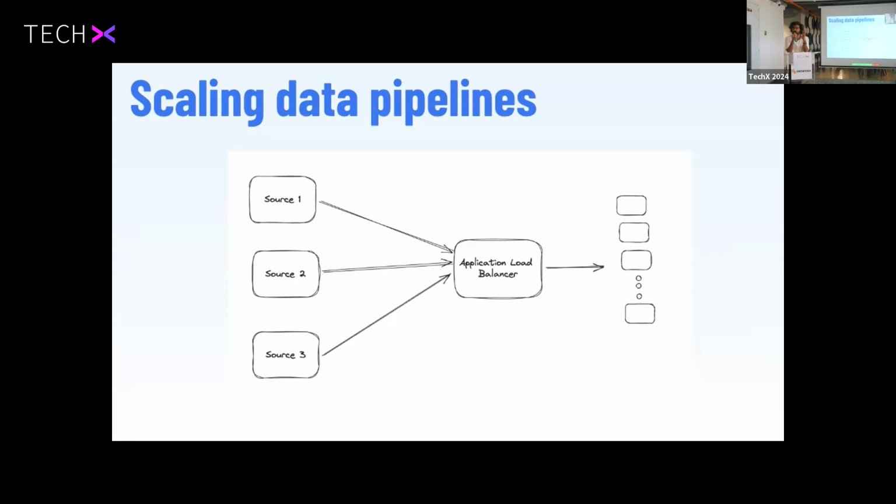Does anybody know what geospatial data pipelines mean? Has anybody heard the term geospatial? Okay, no. So what the previous speaker was talking about was geospatial, when the person was talking about polygons being rendered onto the map, right? When you open Google Maps, you're interacting with geospatial data. Geo means geography, spatial means you're rendering something in that geography. So it also changes with time. Let's say, for example, traffic changes with time, and that traffic needs to be rendered onto Google Maps. So it's a geospatial function, right? That is what we deal with.